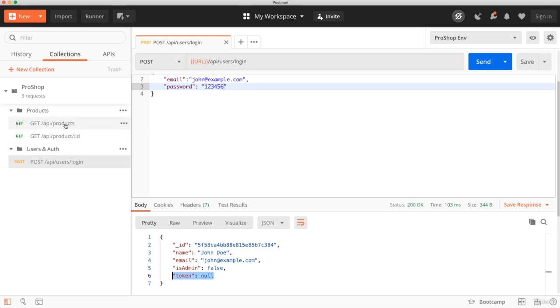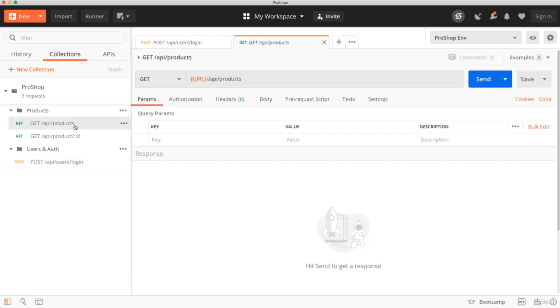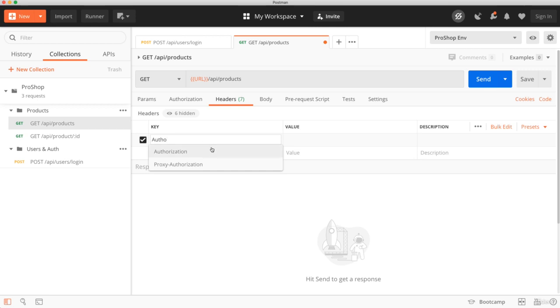And the way that that will work is once we get it, let's say that this route here was protected, and we'll create our own middleware for that to protect routes. But if this was protected, we would have to, in the headers, send an authorization value, and we would put the token. Now, this is a token that we're bearing, so the typical convention is to use Bearer and then whatever the token is. Okay, so we want to format it like that, and that's how the server will get it,